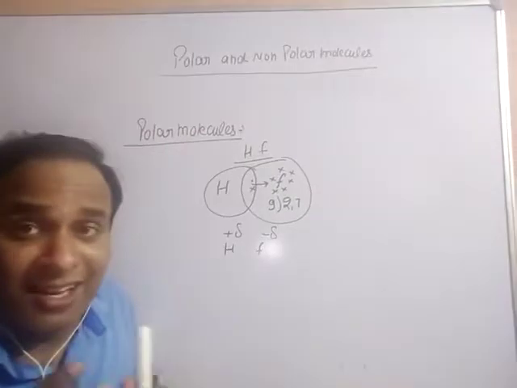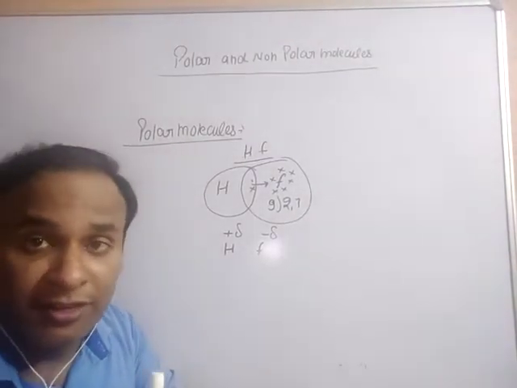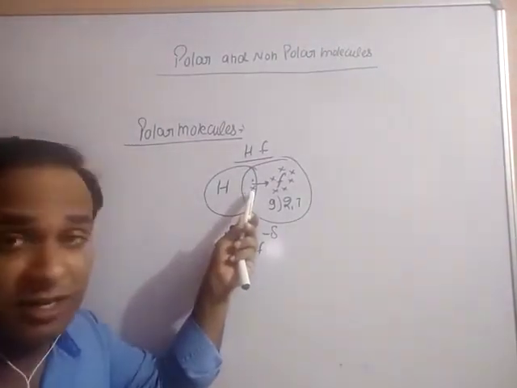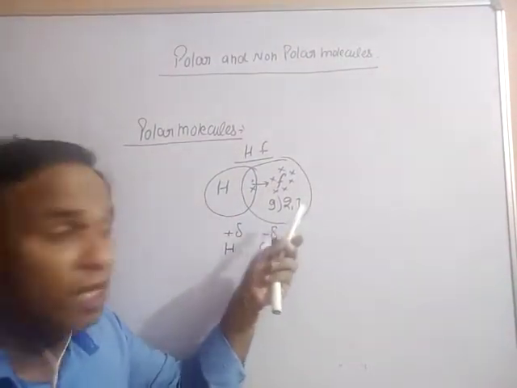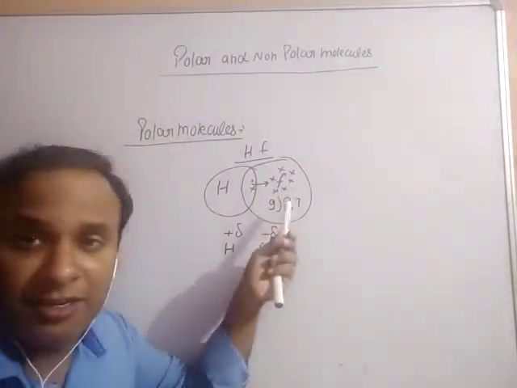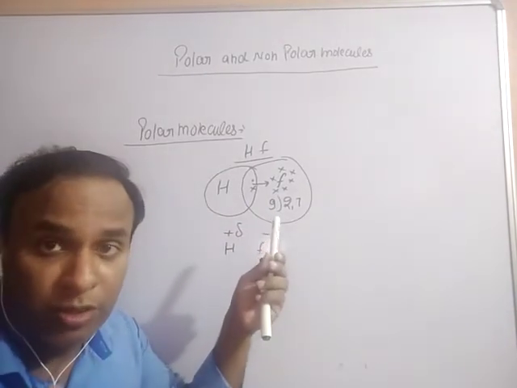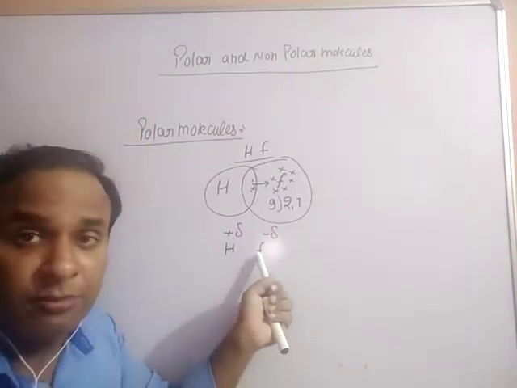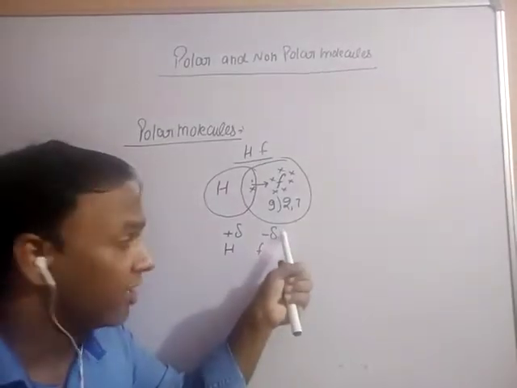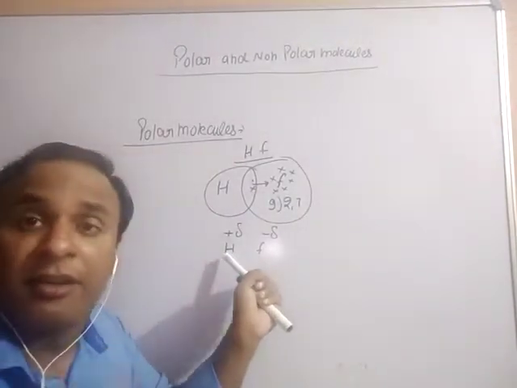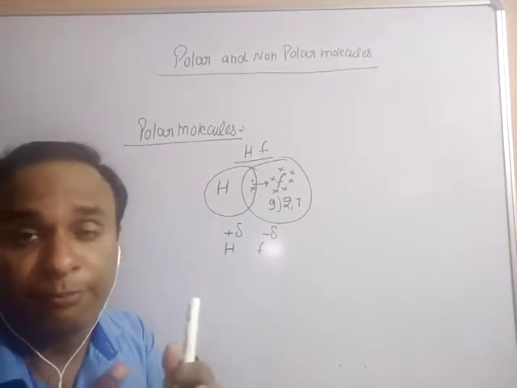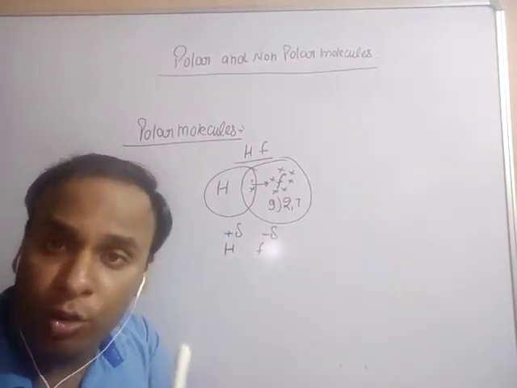So what is the exact definition of a polar molecule? When the unsymmetrical distribution of electrons takes place, because both the atoms are not similar, when an unsymmetrical distribution of electrons with the combining atoms takes place, it is called a polar molecule. That's why the one atom which has a tendency to pull the electron density acquires partial negative charge. On the other hand, the other atom acquires partial positive charge, and this type of bonding is called a polar covalent bond.